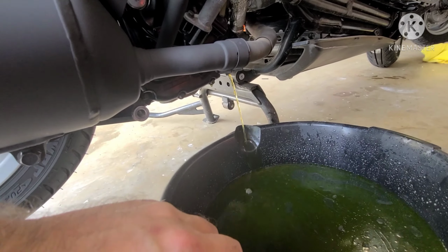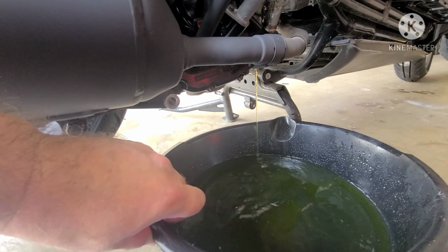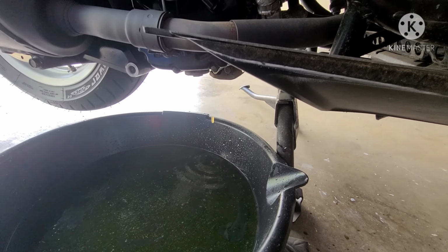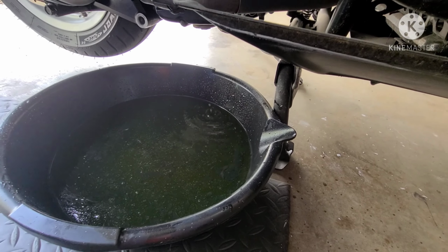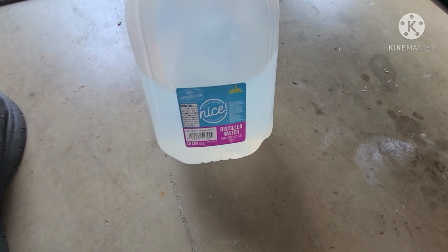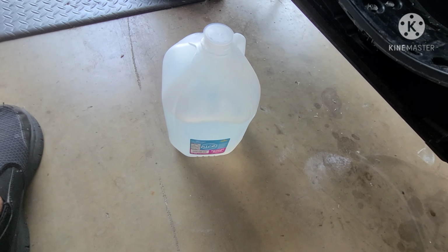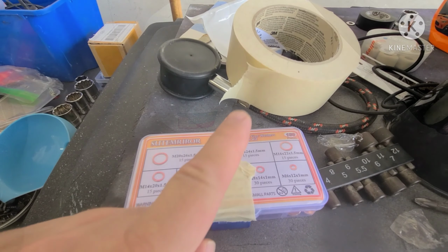But we're going to continue to run out all the old stuff. And keep in mind, all of the coolant is not going to initially come out. You'll see when we start to flush it, and we're going to use a combination of distilled water and vinegar mixed 50-50 in a 1-gallon jug, and keep on putting it through until it comes out looking nice. So we'll fill it up with this. We'll close that bleed screw up along with the bottom bolt, run the bike for a little while, and then